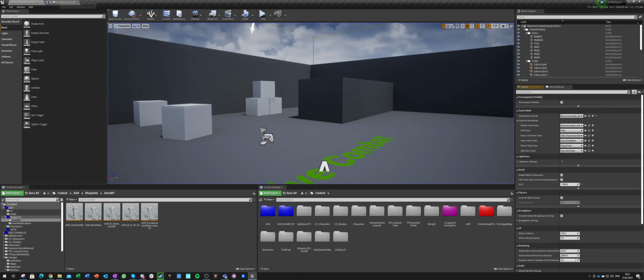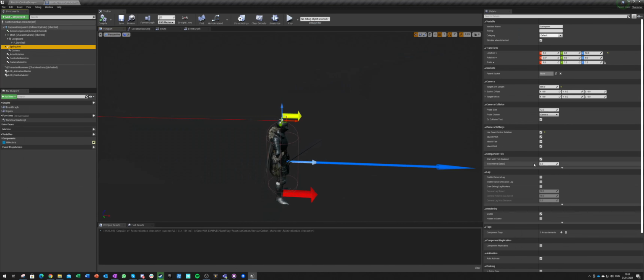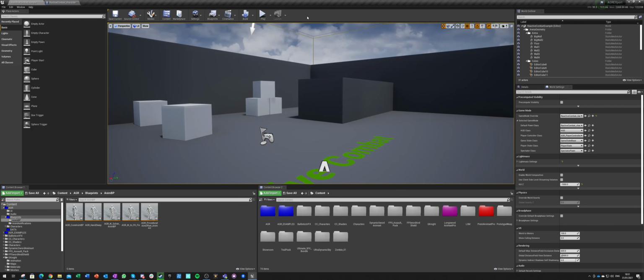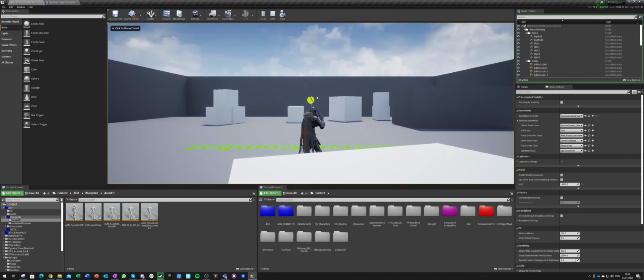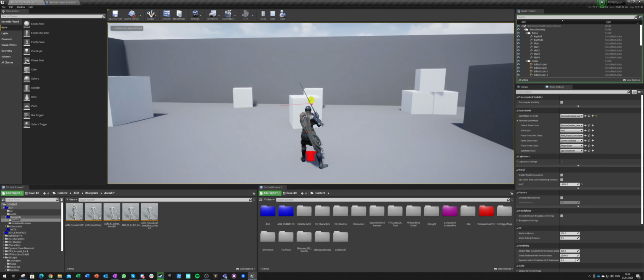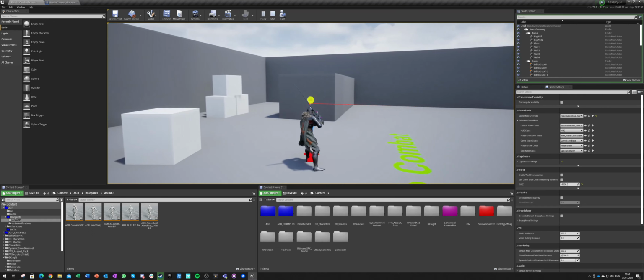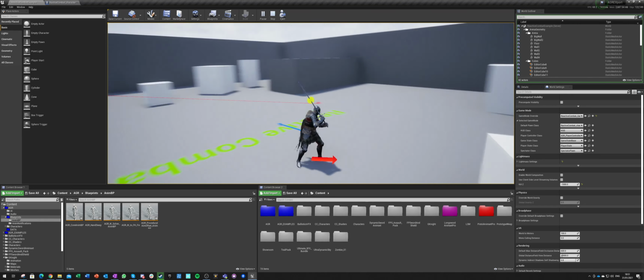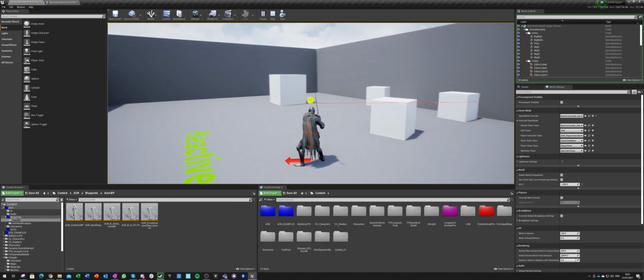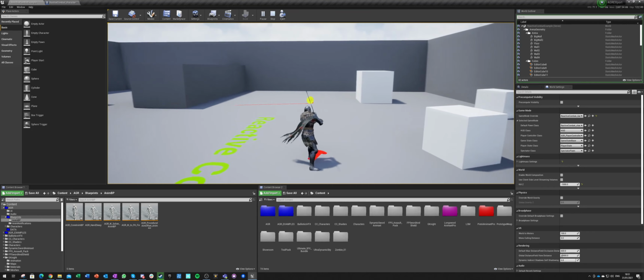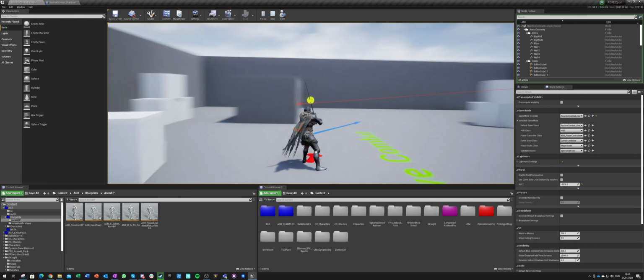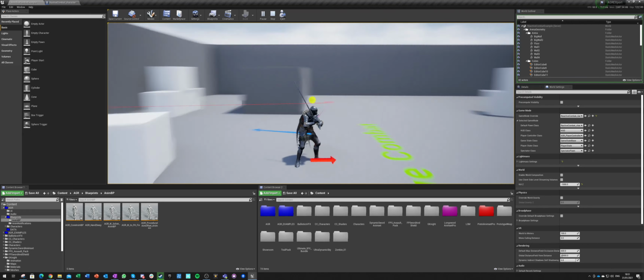Like camera might have a lag. We can, for example, add a camera lag here, and we can enable camera lag and say 10, which is not much. Let's say that max distance is 50, and we need actually camera rotation lag 10. That will be a lot better. So now when we rotate the camera, it will lag a bit. So we'll see our control being faster than the camera, because camera is trying to match our controller. And our actor is also trying to match our controller if we hit a certain threshold of turning in place, right? So he is turning to our rotation, and camera is trying to follow it.